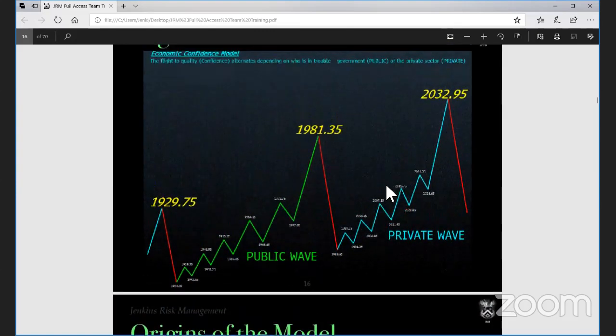There are public waves and private waves, where confidence swings back and forth like a pendulum between the public sector and the private sector. We're in this private wave right now that will peak into 2032. I've talked a lot about cryptocurrencies, and digital assets are going to be a big part of that. I think you're going to see